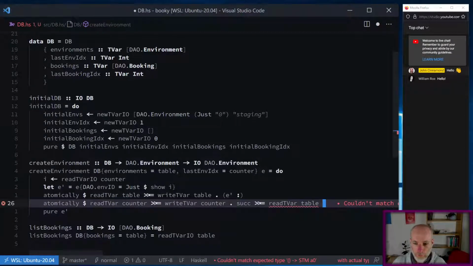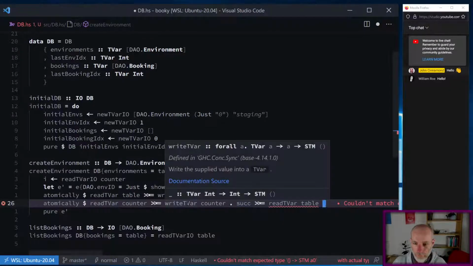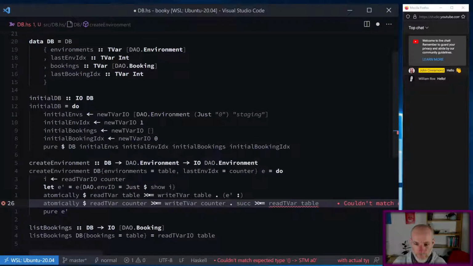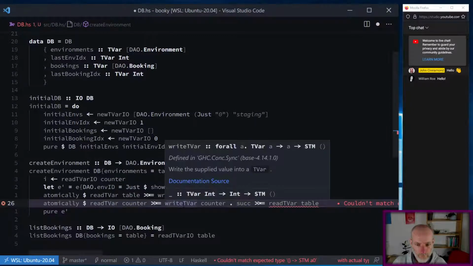I've got a problem, right? The return type from write tvar is this STM, which gets fed into atomically, I think. Yeah, but it's something under STM, but read tvar doesn't